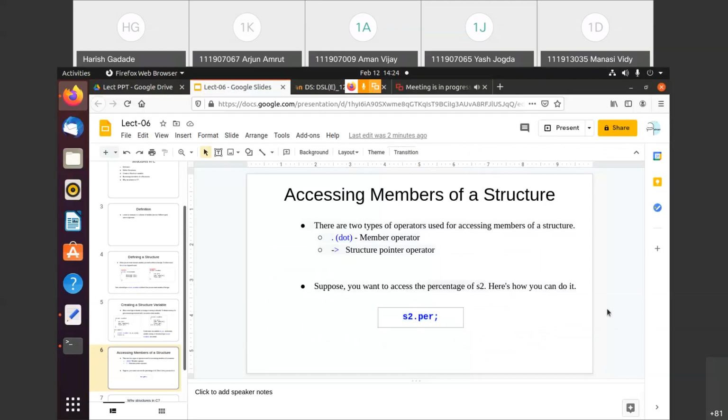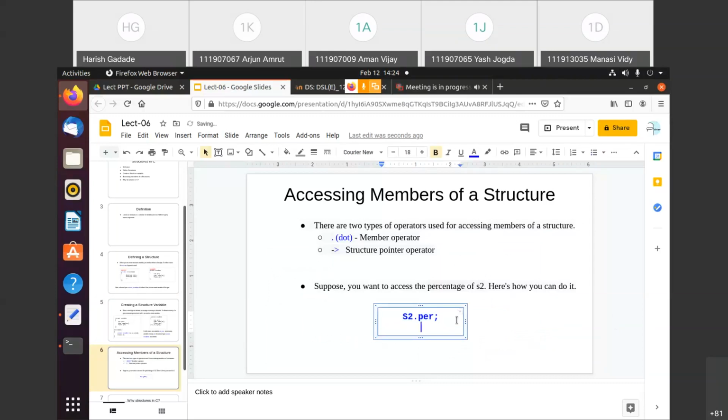And suppose you want to access the S1 name, then how can you do it? Like S1 name, or S1 percentage. In this way you can access, or S2 name.